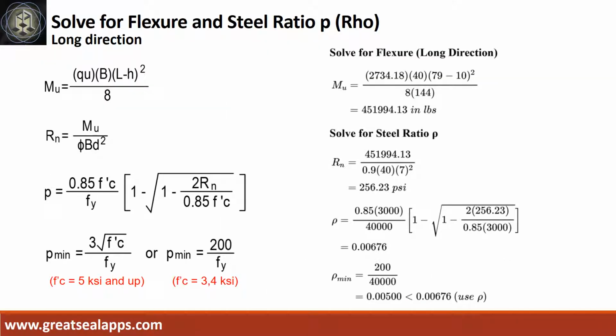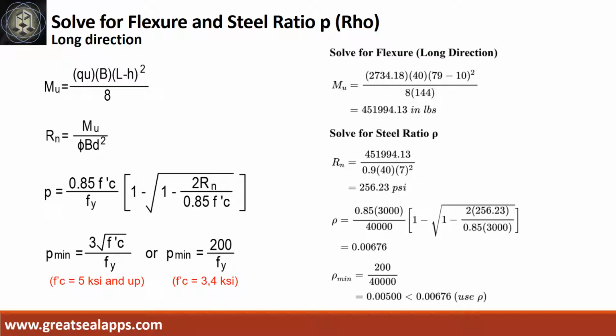At long direction, given ultimate soil pressure equals 2734.18 psf, footing width equals 40 inches, footing length equals 79 inches, and column side equals 10 inches. The maximum moment is 451,994.13 inch-pounds. Given resistance factor equals 0.9, B equals 40 inches, and D equals 7 inches, the beam design ratio